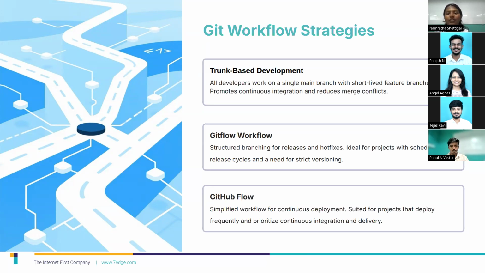Then one more we have is GitHub flow. This is for smaller teams, where there are not many features going on, a small project. That time we can have two branches. One is the main branch, and there will be a sub branch. We can create a feature branch, and from that feature branch, we can merge it to the main branch. There will be no intermediate branches between them.